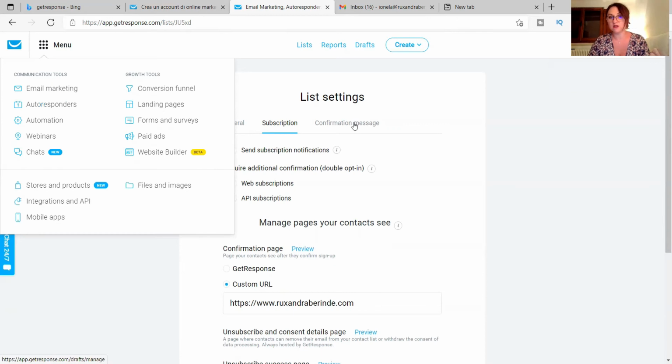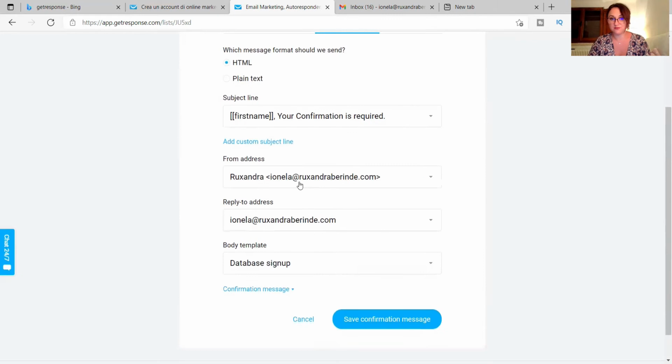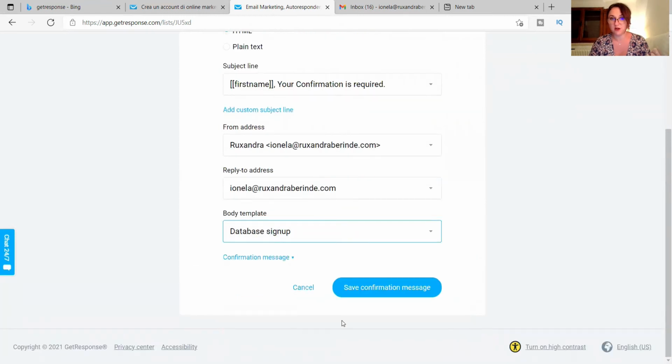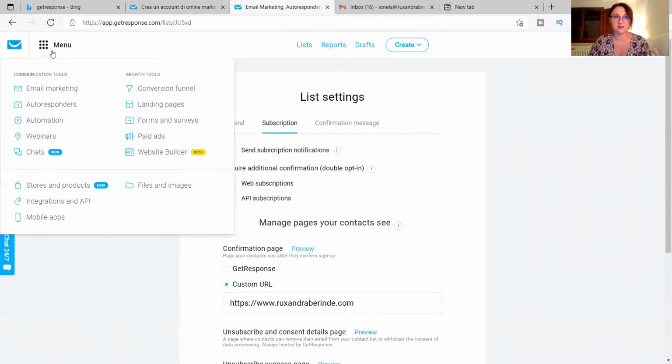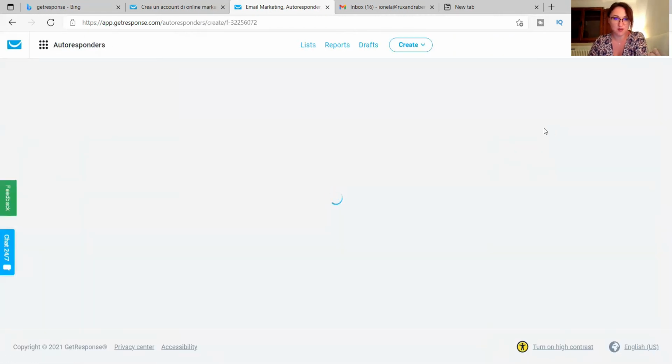The confirmation message here is like a confirmation email every time somebody subscribes. That has no sense for me right now. I don't use it. So here you select autoresponders. Now you will create your autoresponder. You click on create autoresponder